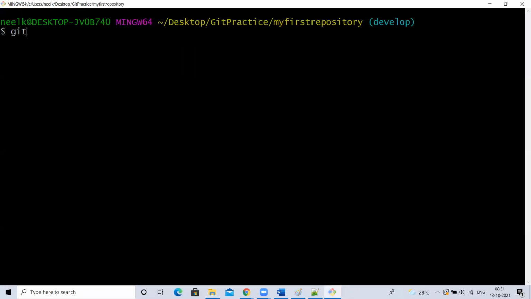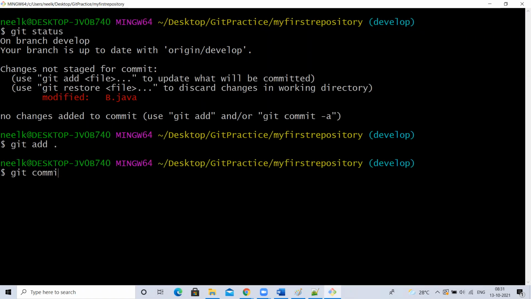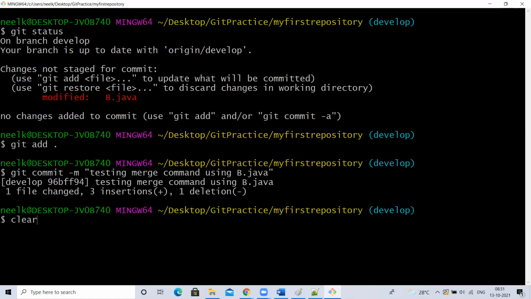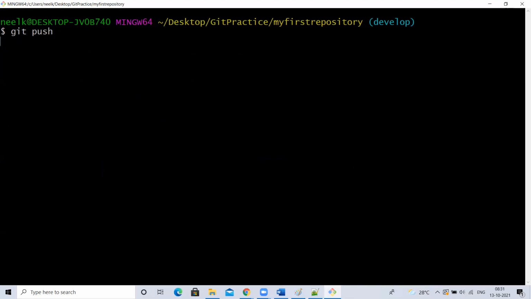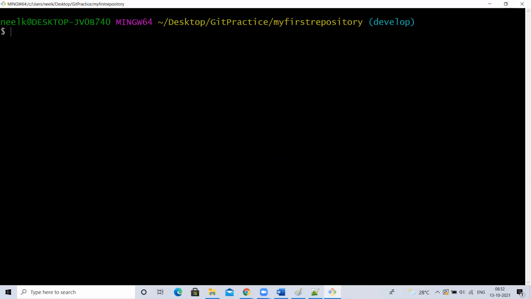I'll go here, git status, git add dot, git commit -m "testing merge command using b.java". For understanding, I'll write like this. I'll push that. In which branch did I make these changes? Develop.